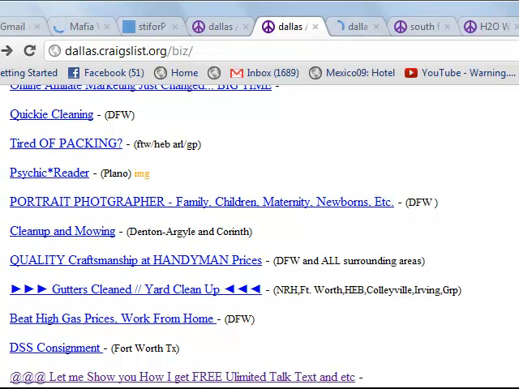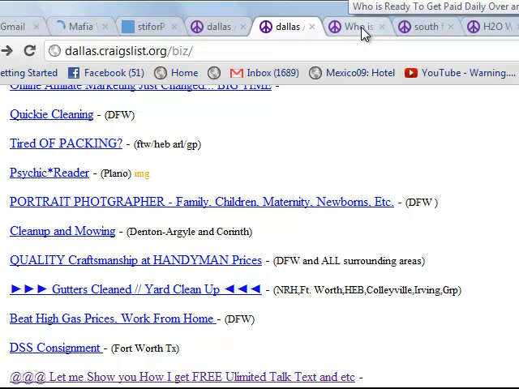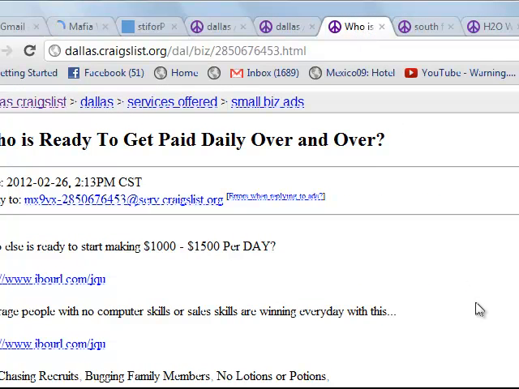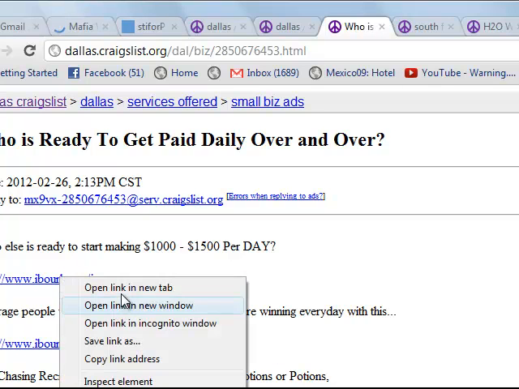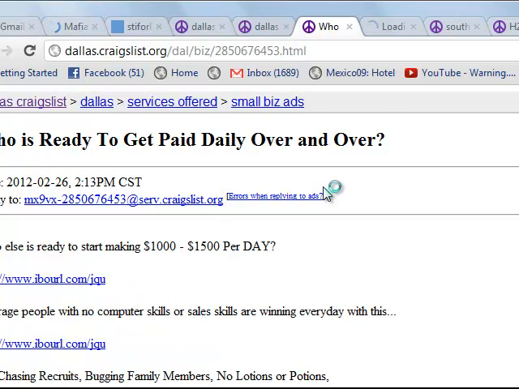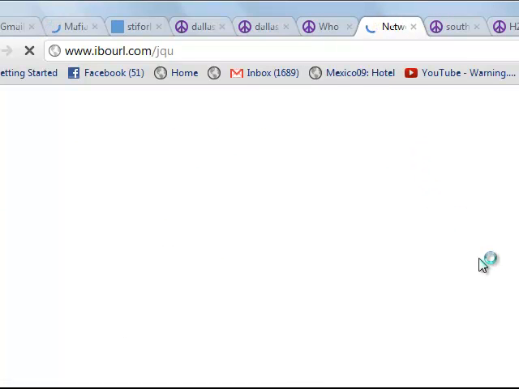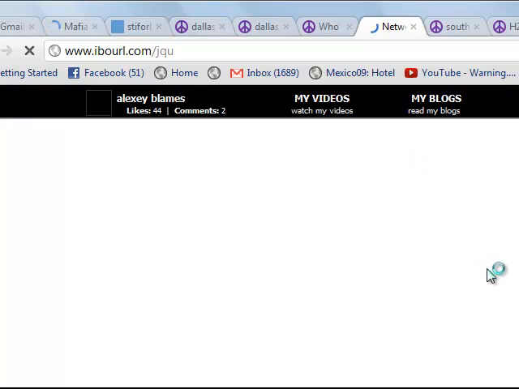So again, I'm going to go to this one. I'm going to open it up in the next window. And I'm going to click over. And obviously there's a URL in here. So I'm going to open the URL, because I don't care what the text says. All I'm looking for is their contact information. All I'm looking for is their information,